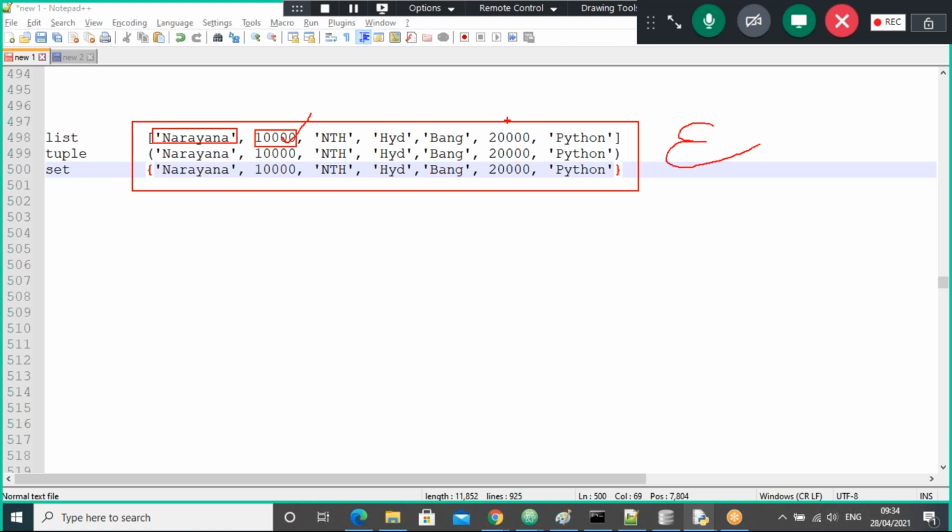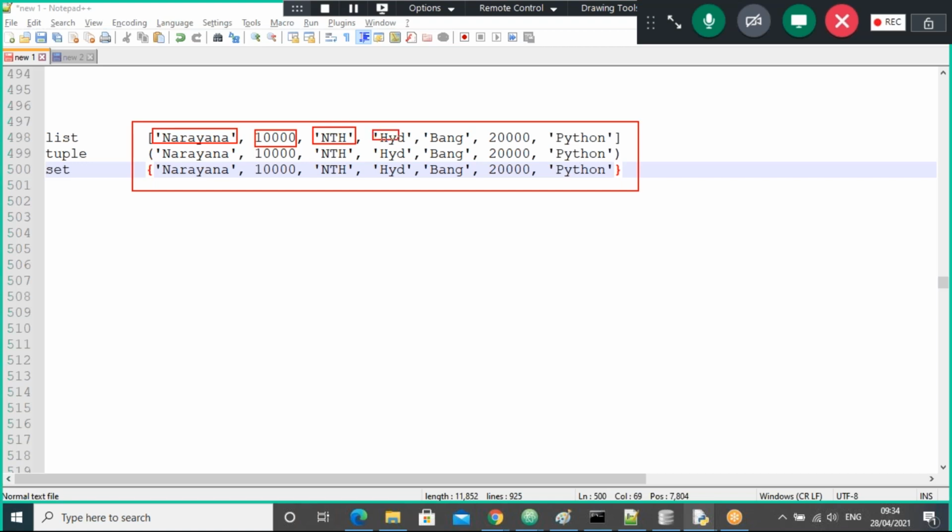I'm talking about employee only, guys. But is it employee salary, employee monthly expenses, employee house rent, or employee bank balance? That key is missing. Just the value is given, but what is that value? Next, NTH is there. Is it a school name, college name, current company name, previous company name, or any other name like a street name? Clarity is not there, guys.